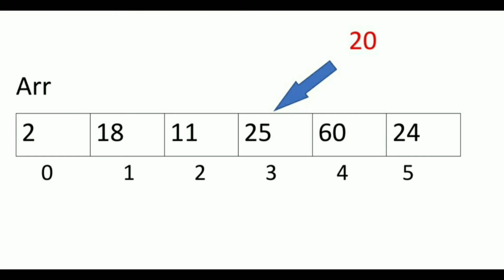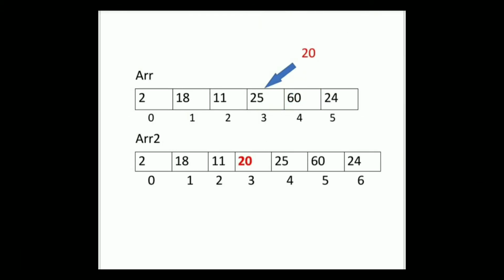First, kailangan lang natin gumawa ng new array na may length na mas mahaba pa sa original. So magiging array 2 siya. Tapos, ika-copy lang natin yung value 2, 18, 11. Tapos, i-insert na natin sa position 4 yung value na 20. And then, i-copy na lang natin yung 25, 60, and 24. So, ganun lang kadali kung paano mag-insert ng